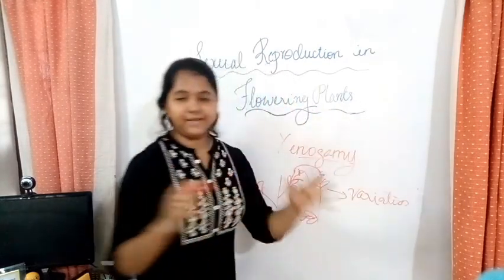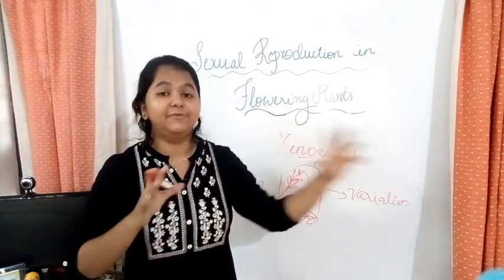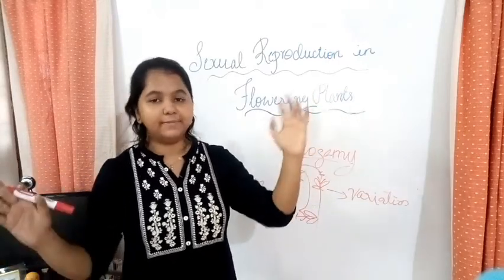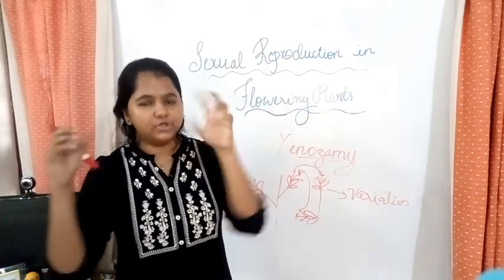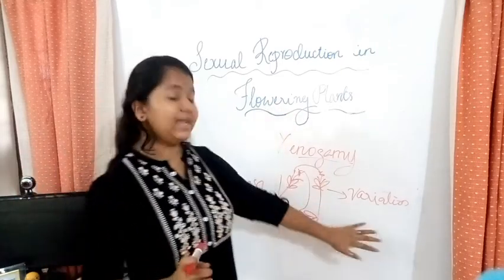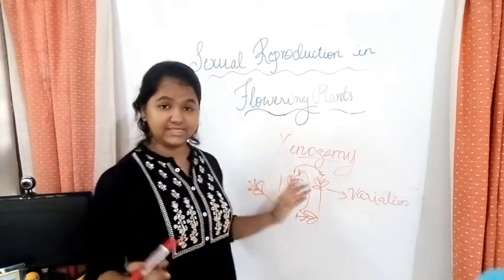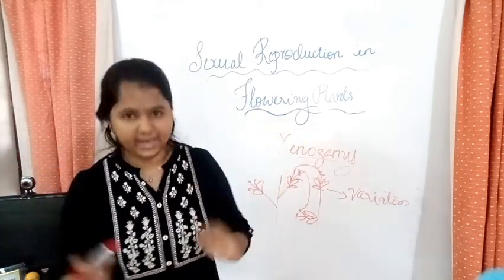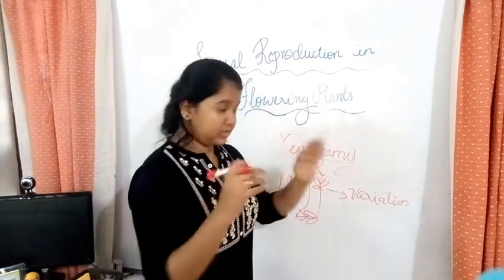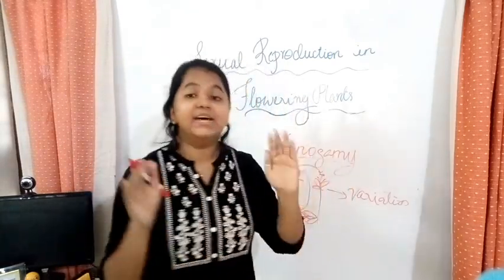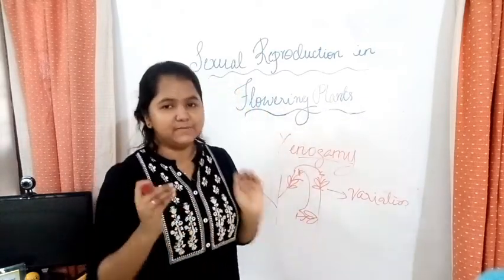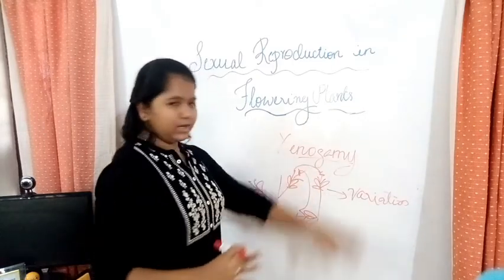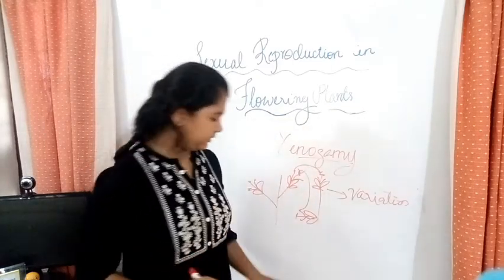Because there is a difference between individual plants. There is some genetic difference between each individual plant. So one can be tall, one can be dwarf, one can have round seeds, one can have shrunken seeds, or this can have a high yielding capacity, or be disease resistant. When you cross pollinate it, you will get a seed or a progeny with both the characters. Okay, so this implies what? There are variations, and it's a 100% must to have pollinators or agents for pollination. And that is all to talk about the 3 types of pollinations.